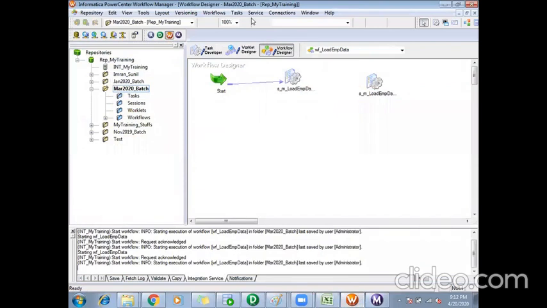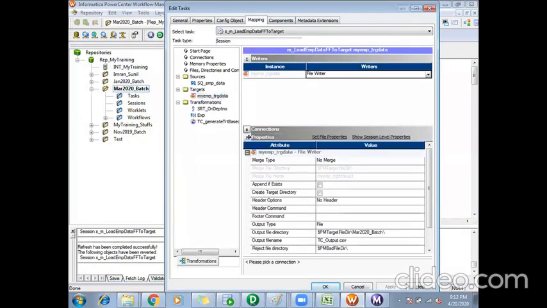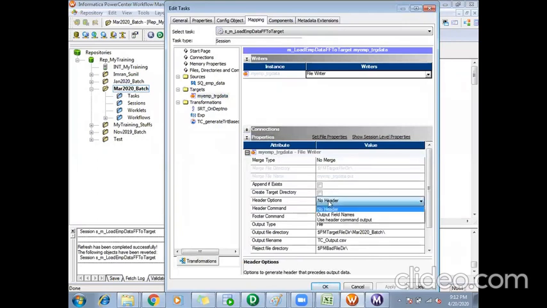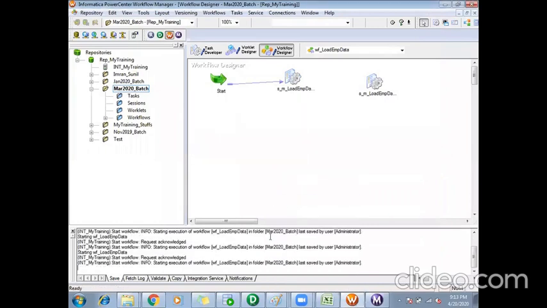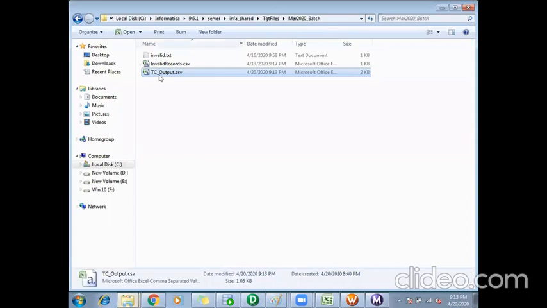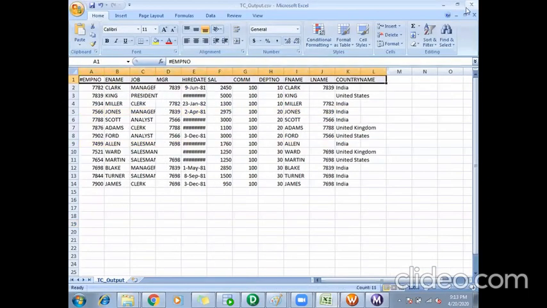And if I want to get a header, as I've already told you, in targets you can use the header options. It was no header, I'll say output field names. So target port names will be used as the header in my target file. So now this file has a header also. If you want to get the header, you can use that option.